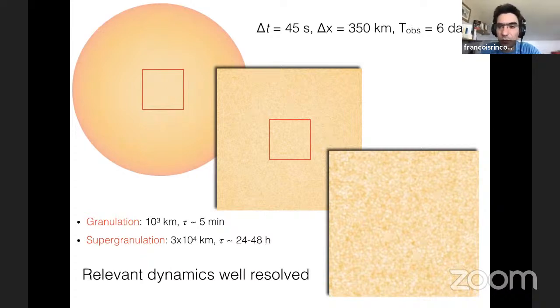Also the main advantage here compared to a ground-based telescope like the La Palma Observatory is that you have global coverage, and so you can study this phenomenon from a global perspective as something that paves the entire sun, and not just a local study on which you point your telescope. So that's the advantage of that. This is the main disk, and this is the first zoom here, which shows you many granules. And if you zoom further, you can see even more granules,